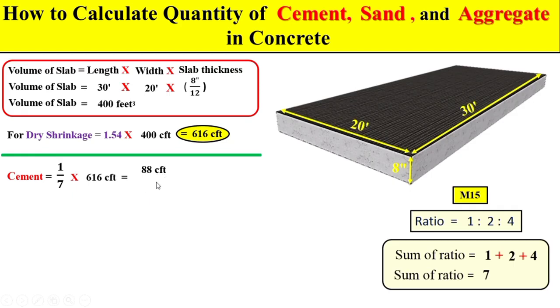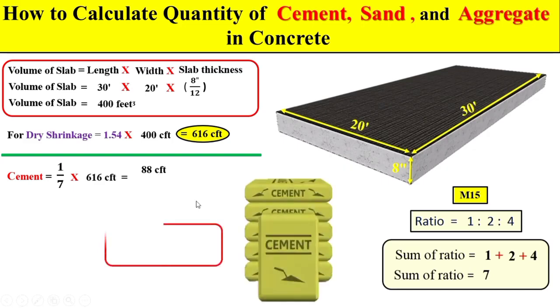of cubic feet. Okay, and now dear students, if you want to convert this total volume of cement into a number of bags, then remember the weight of one bag of cement is 50 kg and the volume of one bag of cement is 1.25 CFT. So dear students, we divide this term by 1.25 CFT, so we can get the total number of bags.